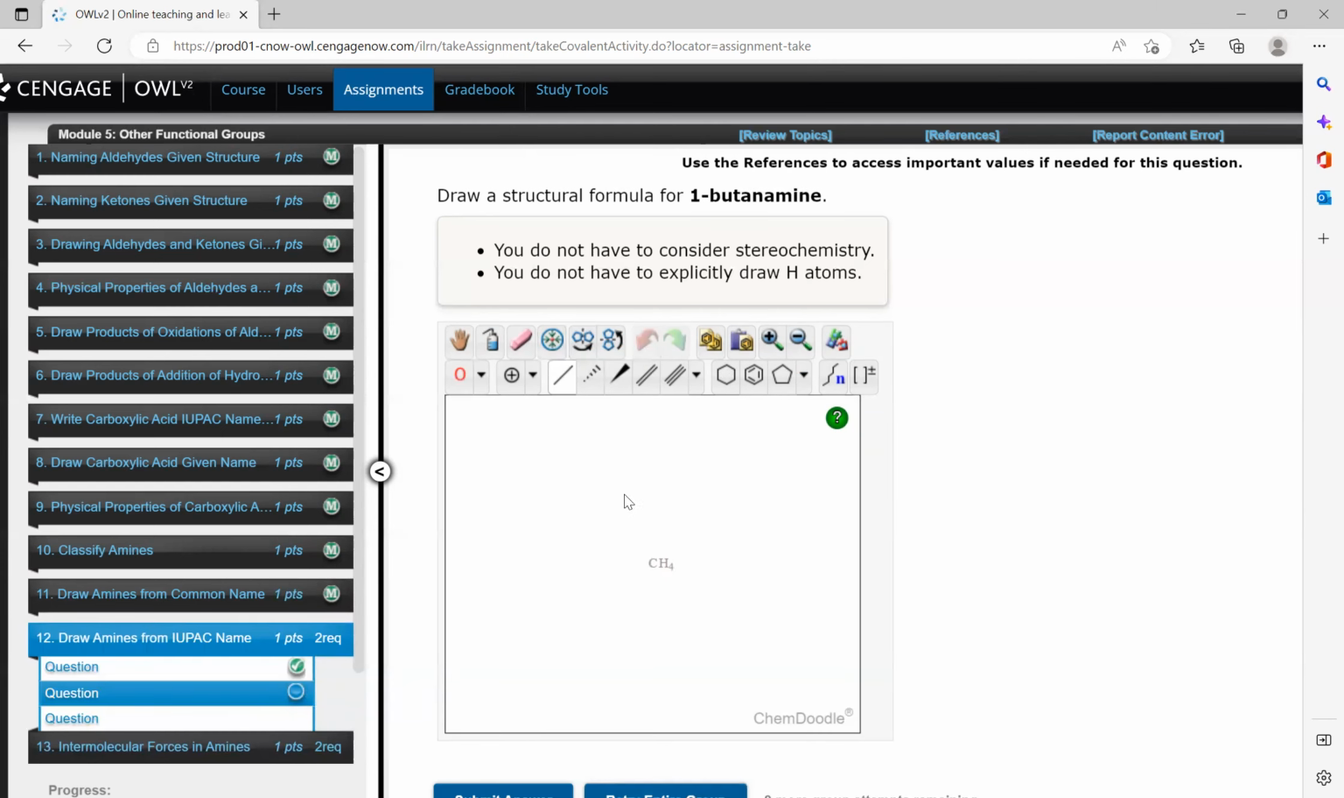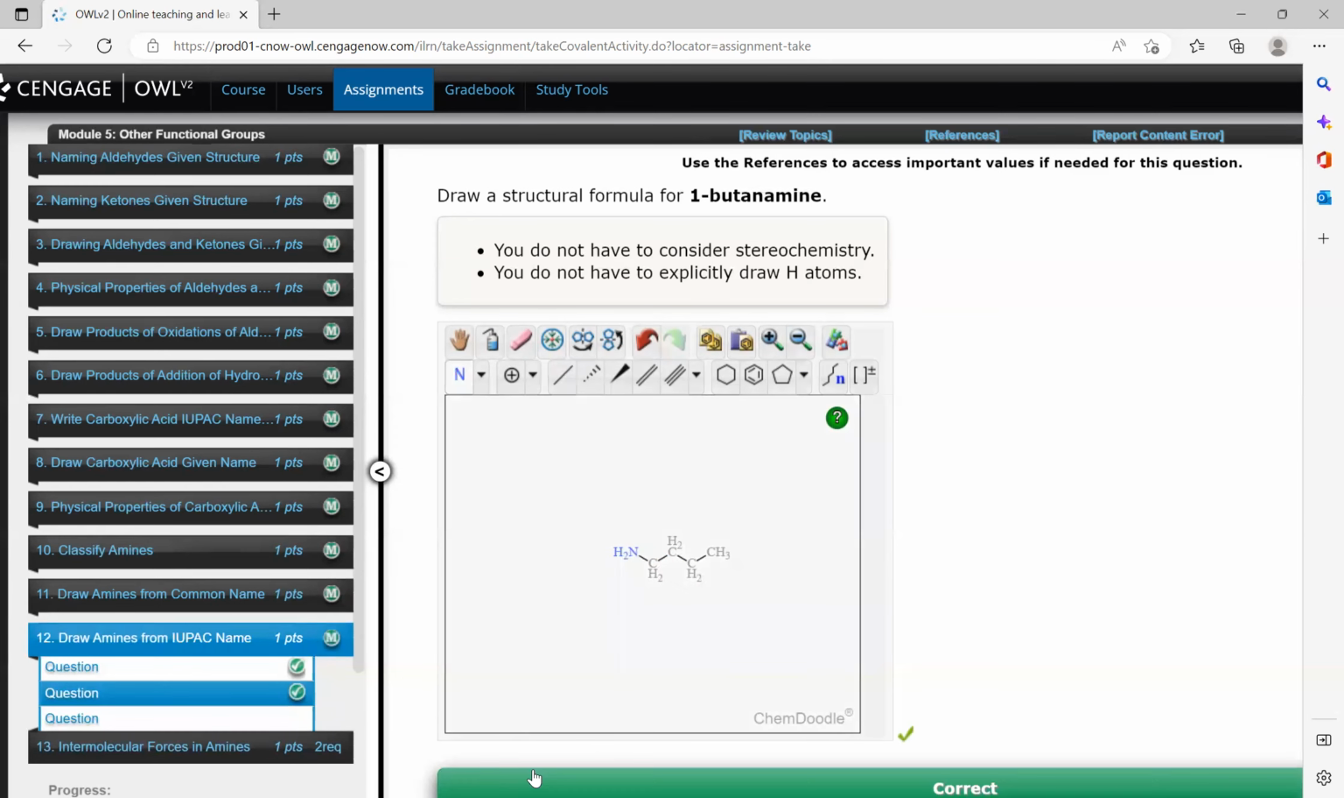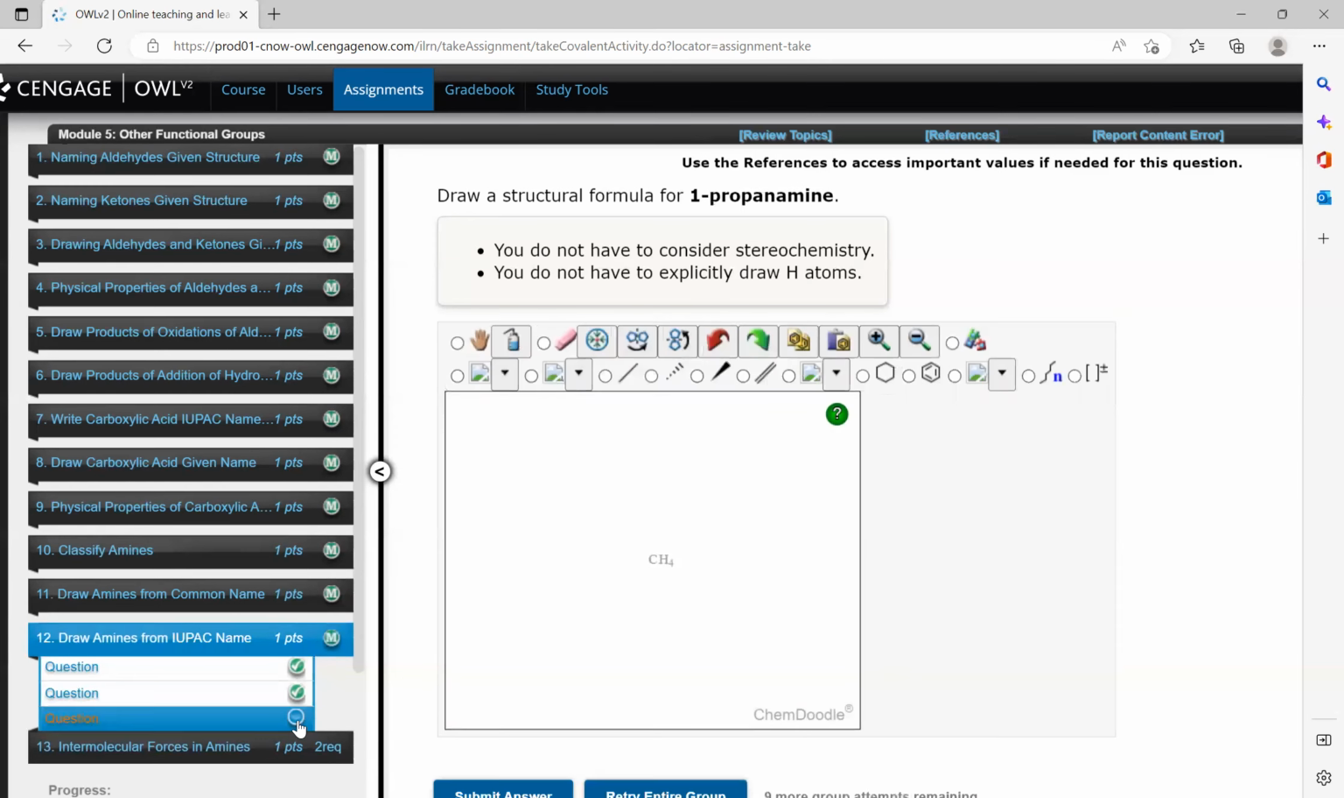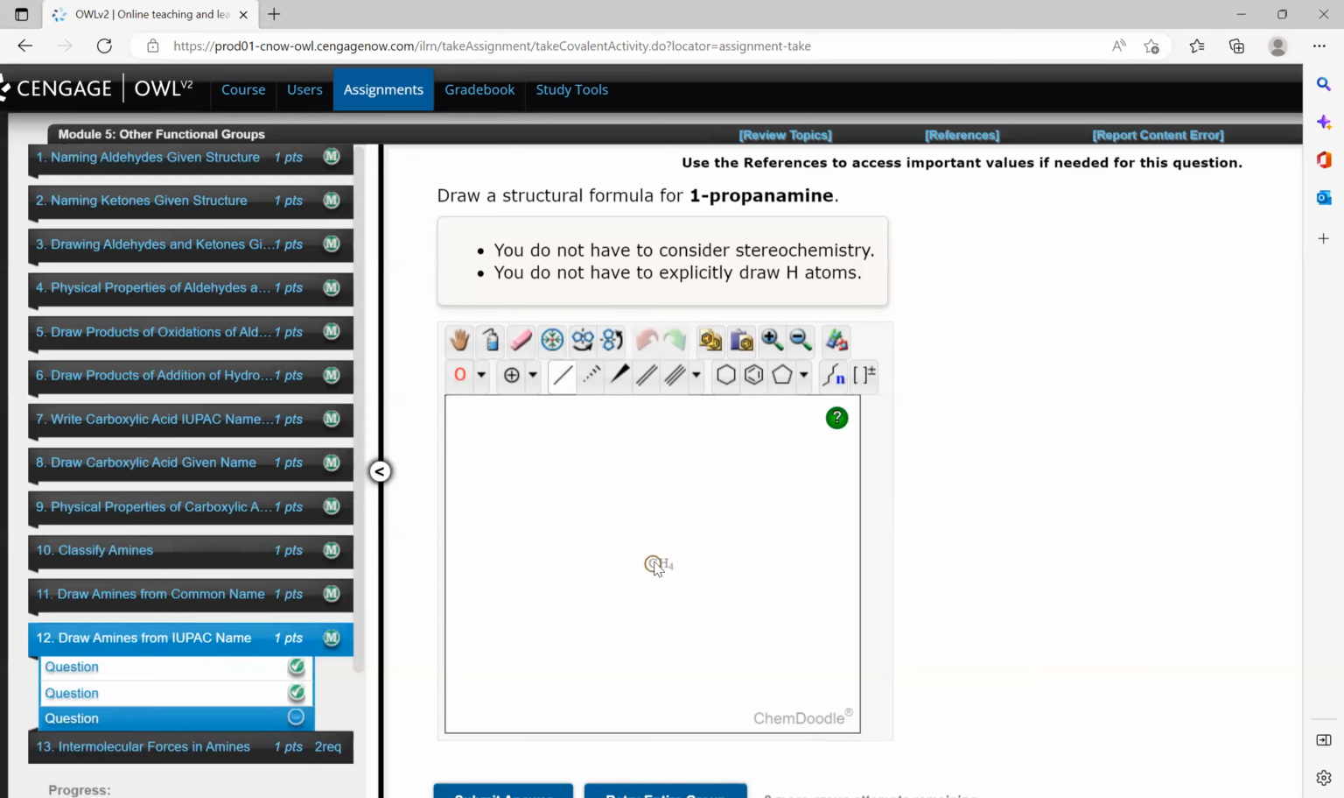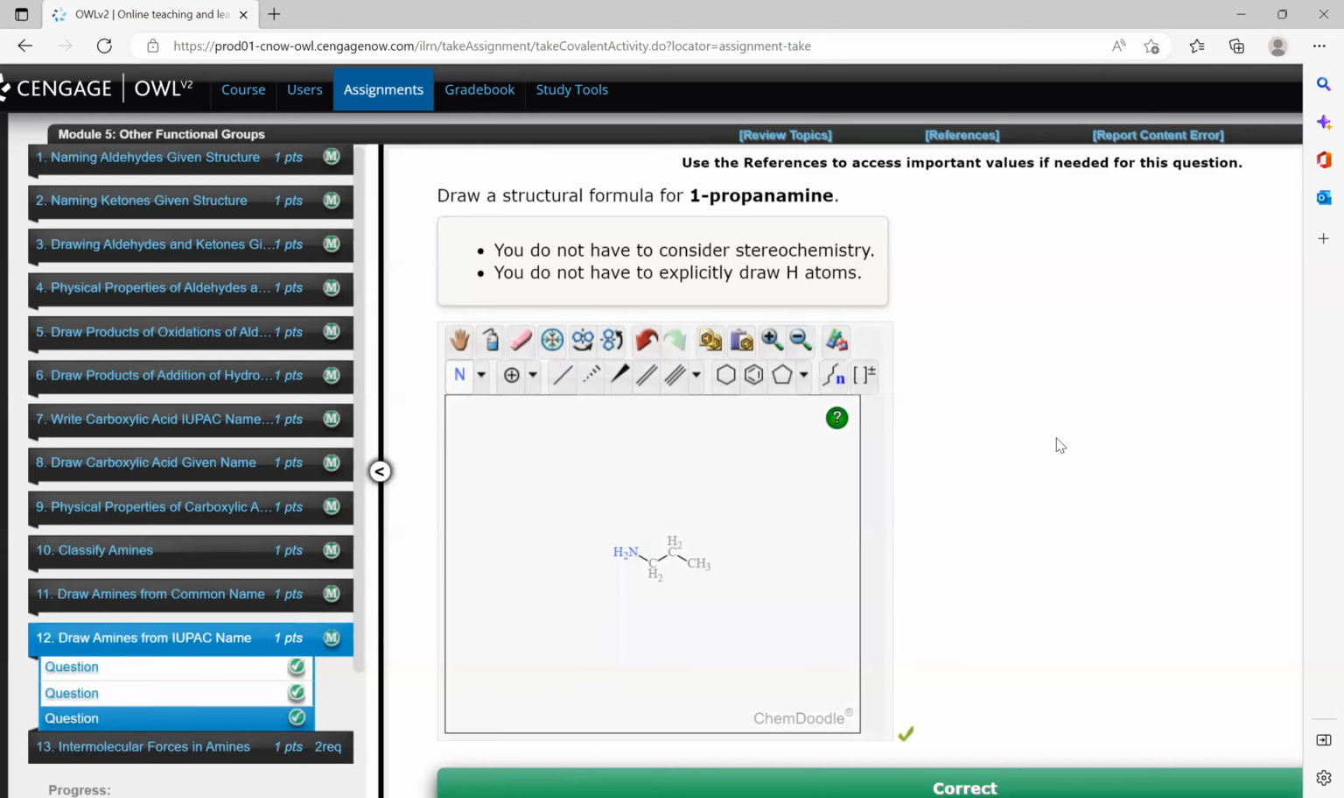All right, same thing, butanamine, 4 carbon chain. Make sure you have 4 carbons. And off that first carbon, we have the nitrogen. Second one, same idea. Propanamine, 3 carbons, and off that first carbon, we have that nitrogen. All right,